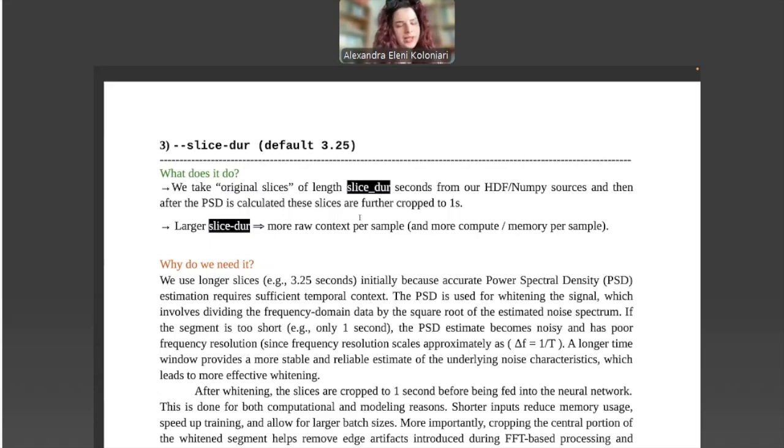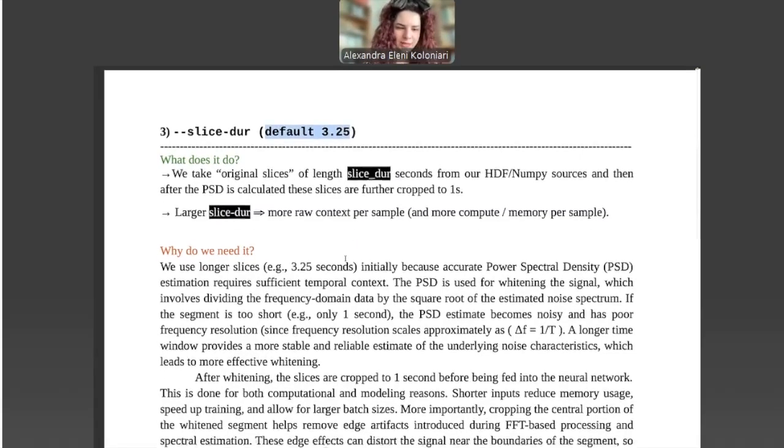And then finally, we do extra crops and we end up with a 1 second segment. So the input in the network will be a duration of 1 second, but we did use a complete slice of, for example, 3.25 seconds if we keep the default.